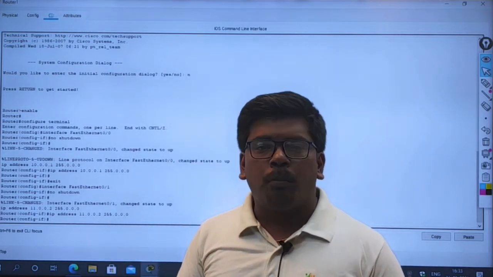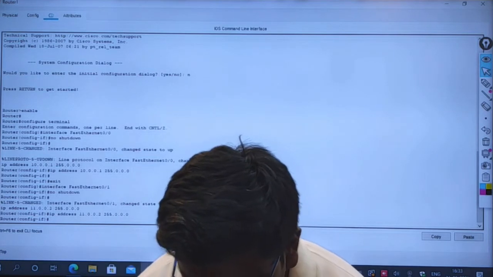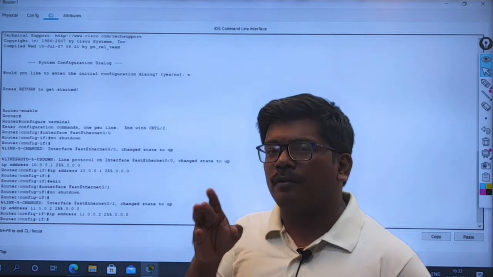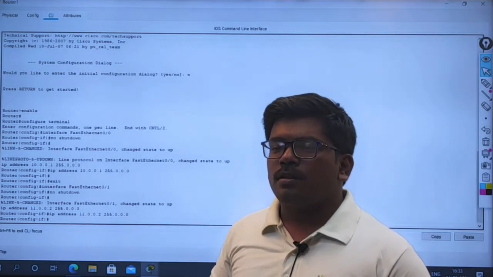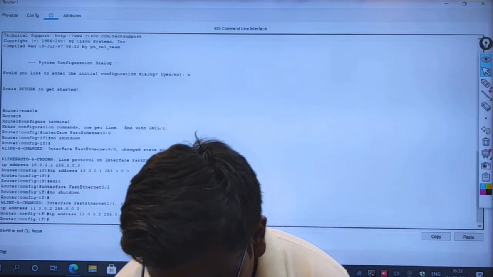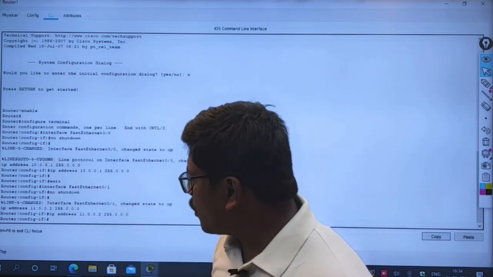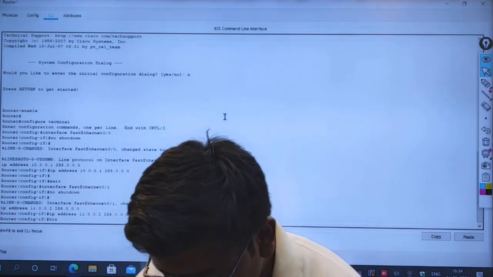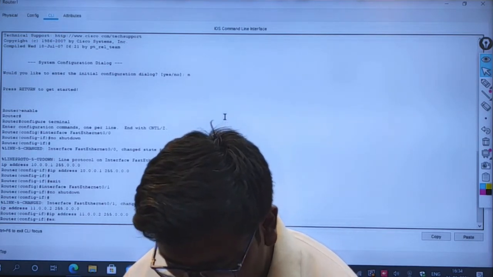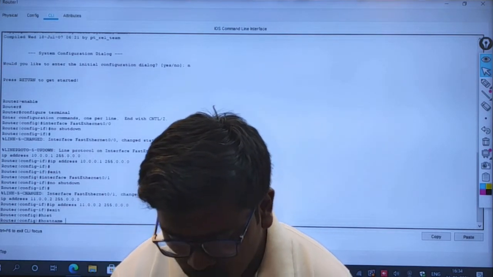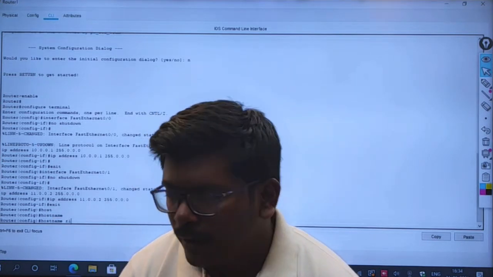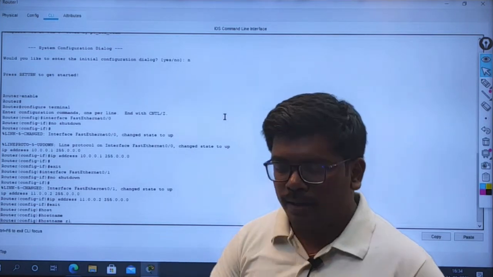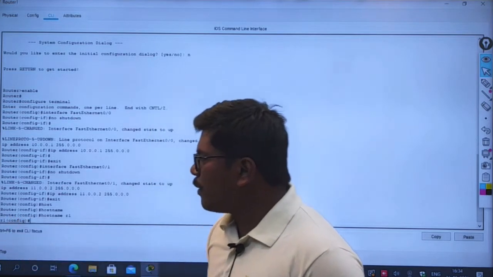So let's add a bit more configuration. The extra configuration I'm doing is changing the host name from router to R1. Hope you guys are following me. So let me exit from the interface and then give the host name as hostname R1. I generally have the habit of giving the names as R1, R2, R3. You can give any name of your choice. So my host name is R1.